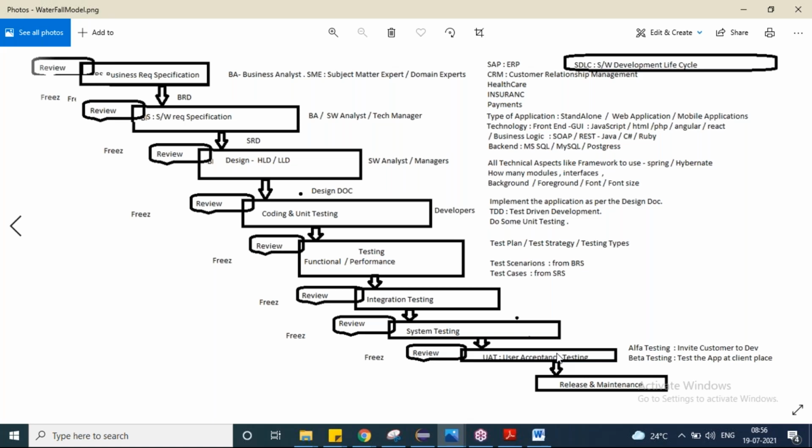It has to work there also. If you are doing the testing again at the client premises, we call it beta testing. Once the beta testing is also good, we'll take an approval, a hard-copy approval on paper, from the customer saying that it is working in the client environment.